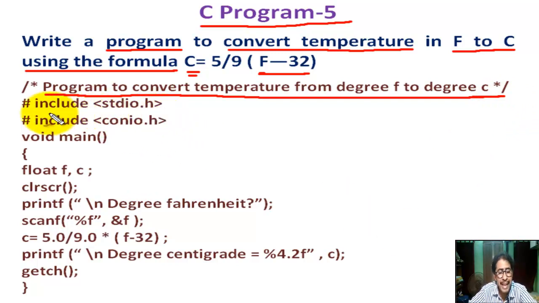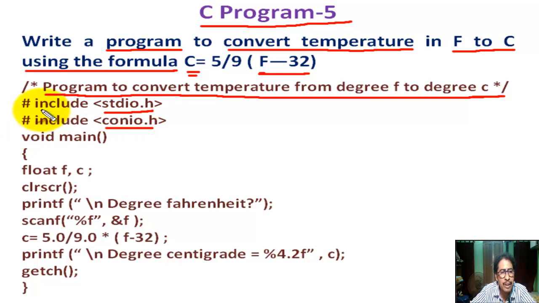now we add two header files, stdio.h and conio.h. Hash include within bracket stdio.h, hash include within bracket conio.h.